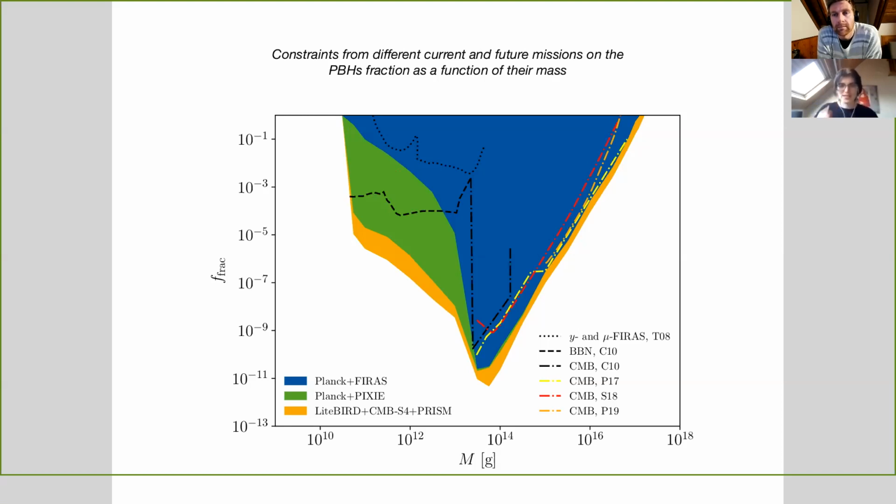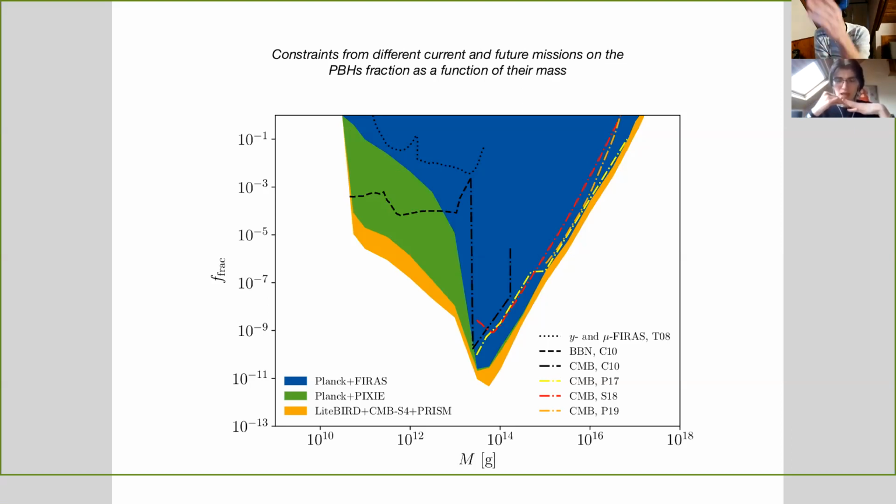So a comment on this calculation. A lot of people have, of course, studied primordial black hole evaporation. We actually found a new way of doing this, where we take into account QCD confinement issues, which were not taken into account before. We just wanted to point this out because on the right-hand side, you can see that if we compare to previous studies, like what we call P19 or S18, we're almost one order of magnitude better already with Planck. This comes from our improved treatment of the primordial black hole evaporation. Obviously we'd hope that we would reproduce existing bounds, but here we have a reason why we're one order of magnitude better than previous bounds.